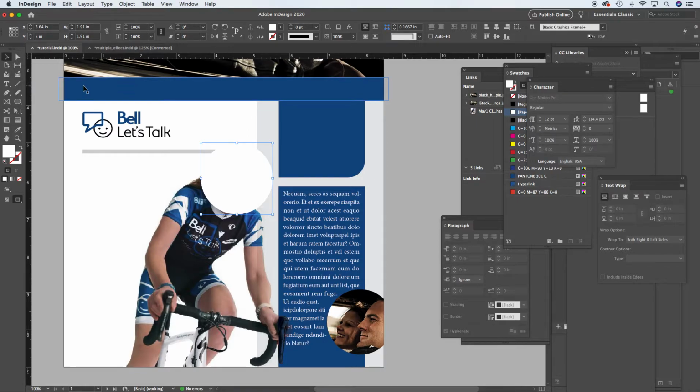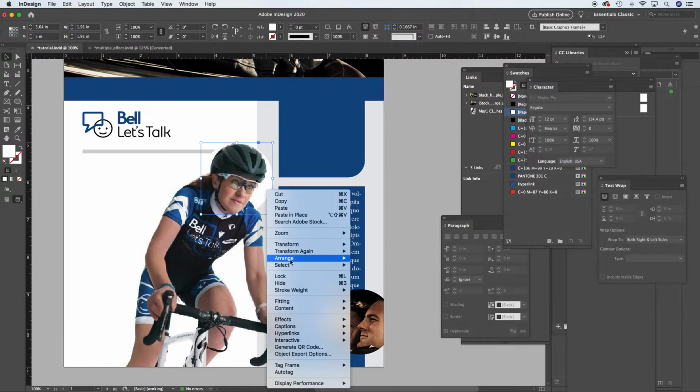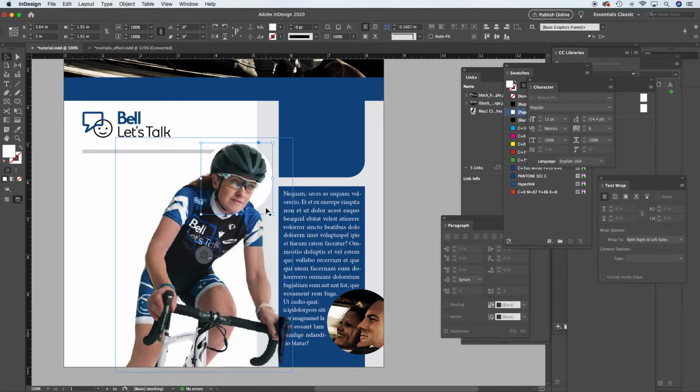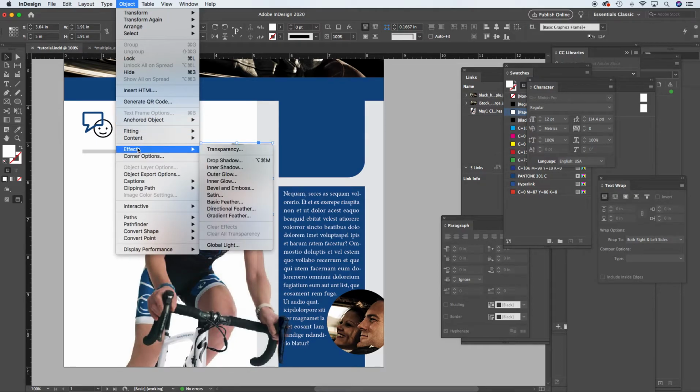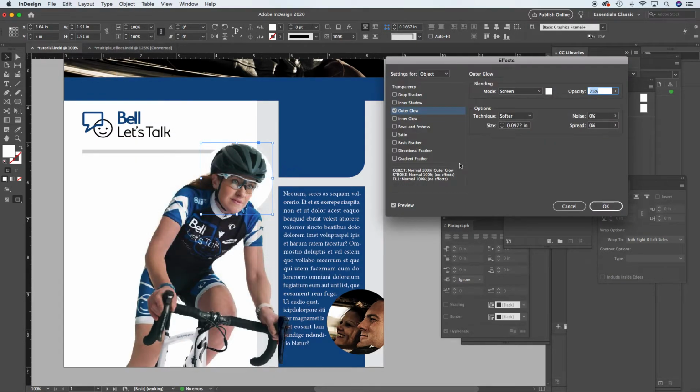And I'll send it backward so it's just behind the image. So I just did Command and my left square bracket there to send it back, but you can just do arrange if you like. And I'm going to go back to effects, I'm going to apply a blur or a glow to that. So I'm going to try the outer glow. What that'll do is hopefully eliminate